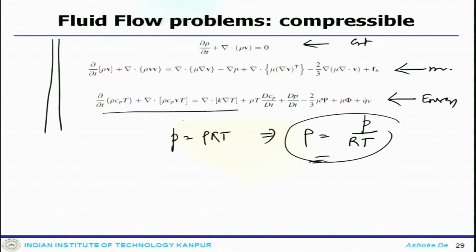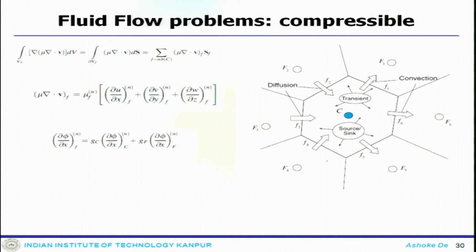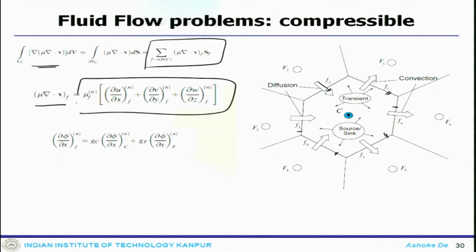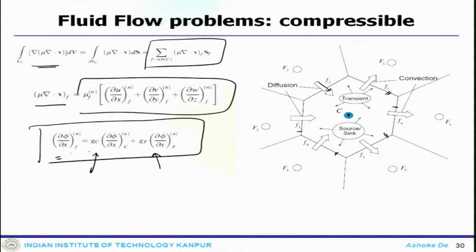Now, these are connected. So, let us look at an element C, which is our standard element. You have all these 6 faces, and these are the fluxes or flux vectors. If you take a volume integral of the diffusion term, it converts to a surface integral like this, which we have already seen, and the gradient term will be mu f into this. Any flux gradient calculation can be contributed by GC and GF, the geometric coefficients which we have used earlier.